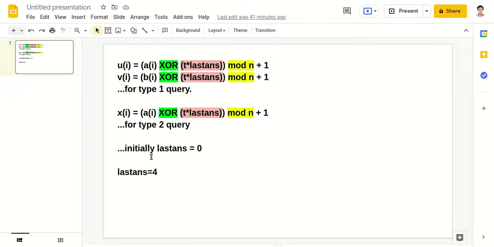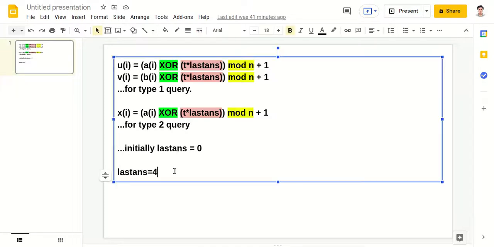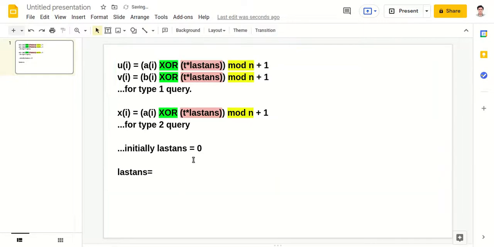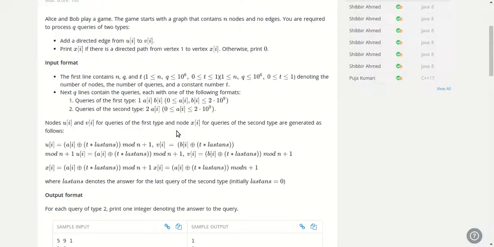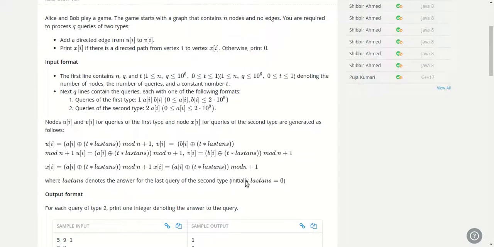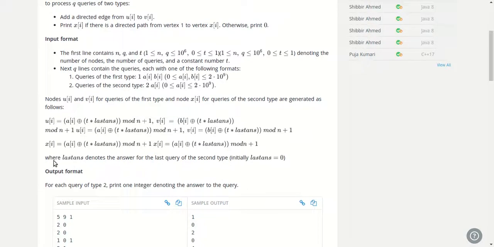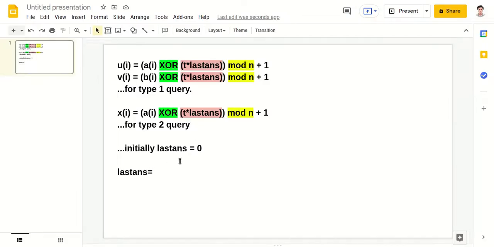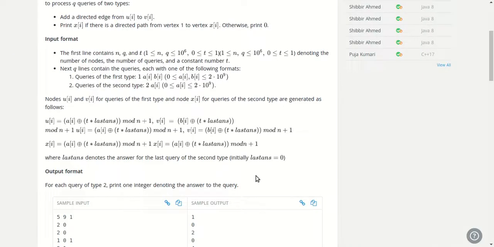Initially the last answer value is 0, and we update it after each type 2 query. Last answer denotes the answer of the last query of the second type, so after each second type query, the value of last answer will be updated. You have to keep this in mind and calculate.